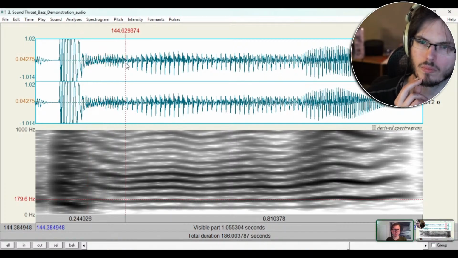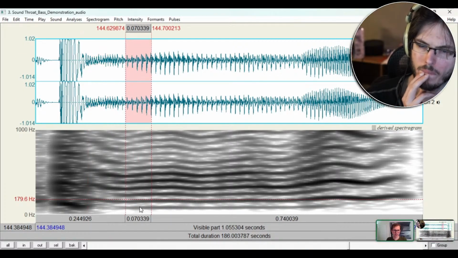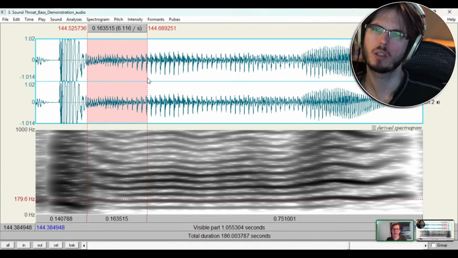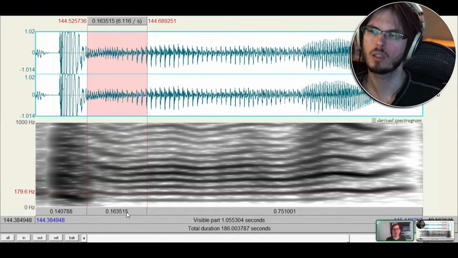Contrasted with just a few milliseconds later, that comes in pretty quick versus when it doesn't. I would imagine the transition to have been actually a lot slower than that. Beatboxers are amazing. And often there isn't any transition at all. You just jump right in with your throat bass.